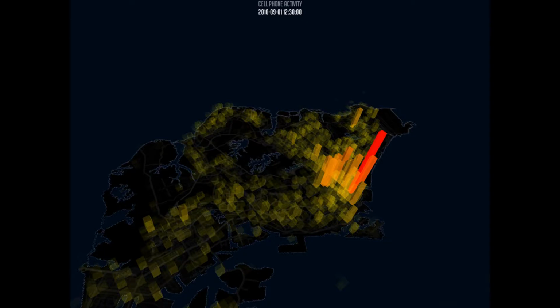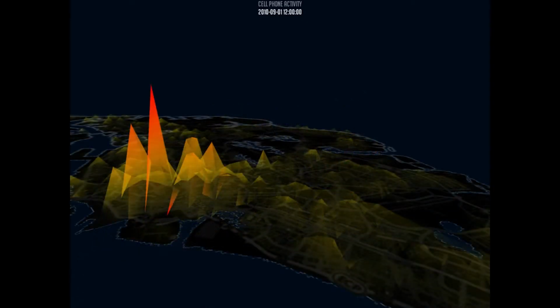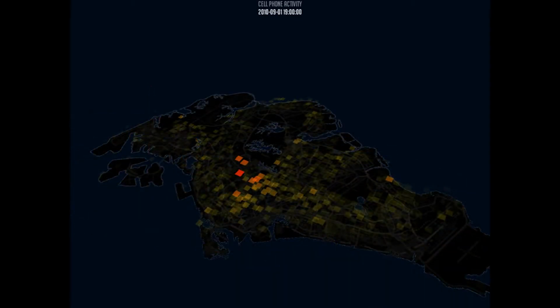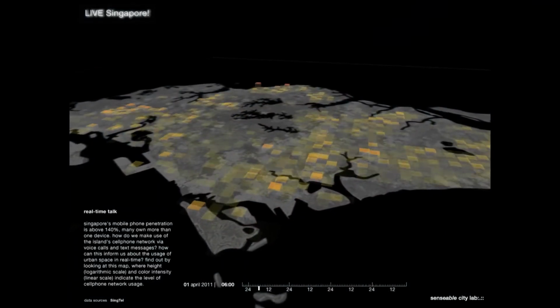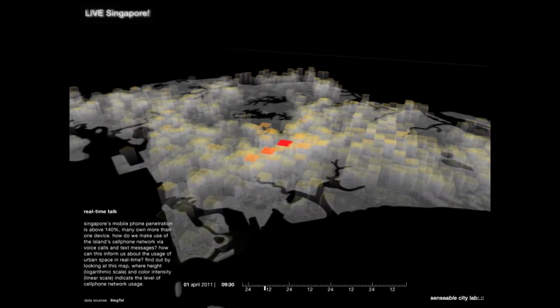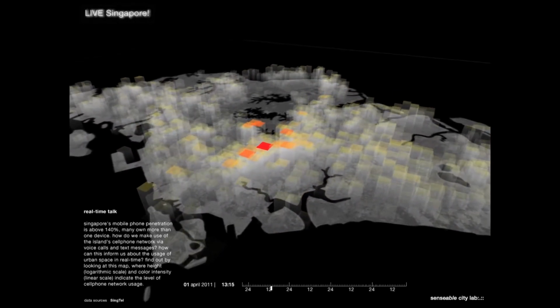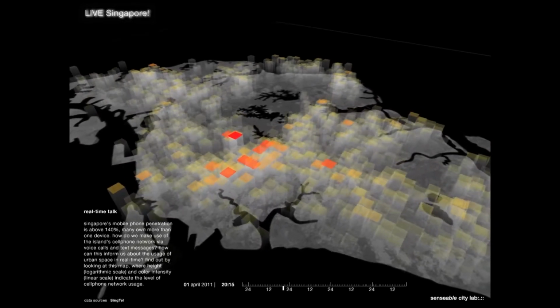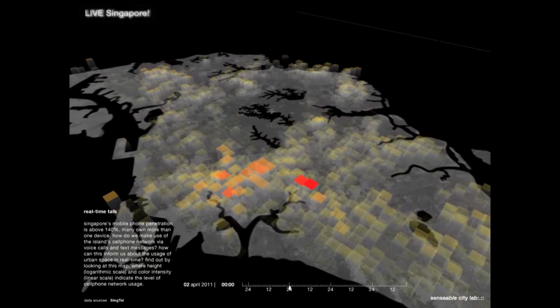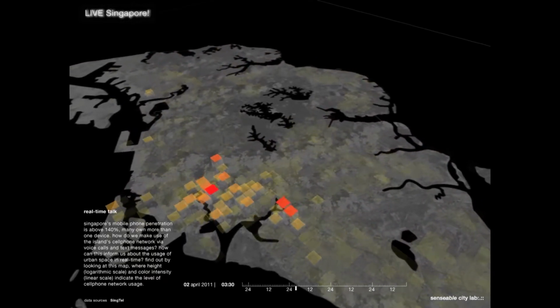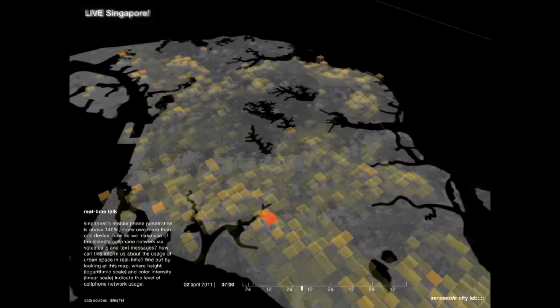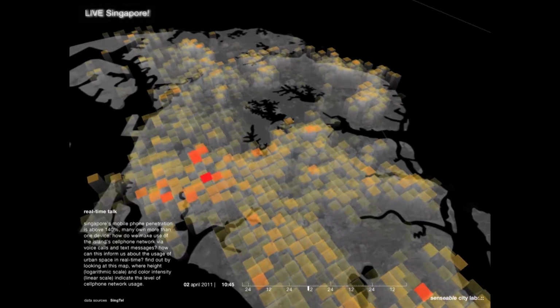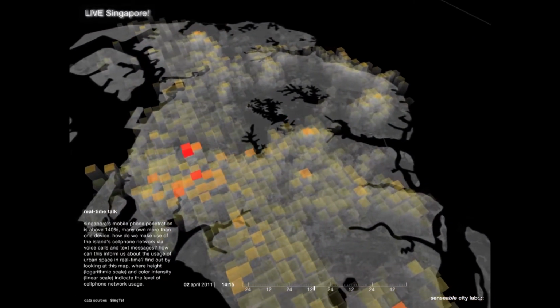And so we broke it up into a grid, and I started playing with different representations, whether they were like this 3D bar chart or a mesh reflecting topography, or Sensible's favorite, which is these floating squares. And we saw some things that we would expect. One being a lot of activity happening in the business district during the day. As it gets later, so it's almost approaching midnight, now there's a lot of activity in Clarke Quay, which is this amazing nightclub district. We would also see an increased activity in Geylang, which is the red light district.